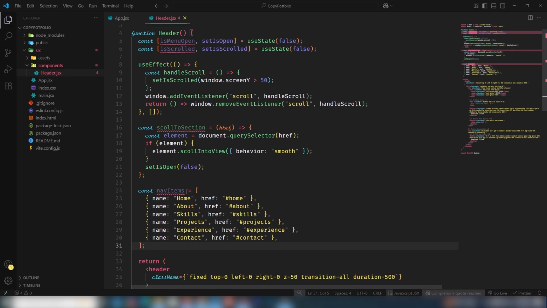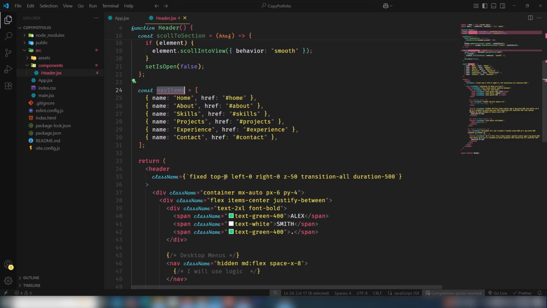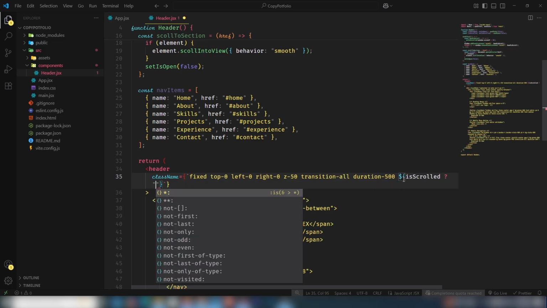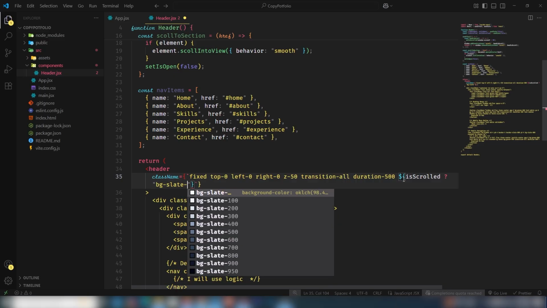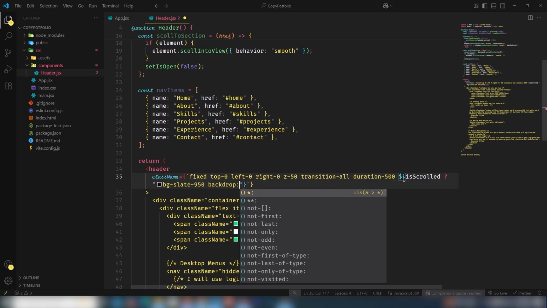The next one is this details element, which is used to display the menus. So I'm going to target that to display the menus. But before displaying the menus, I need to add the validation: conditional rendering on the header section to display the sticky note bar. So in there I'm going to use is scroll is true. Then I need to use bg select and then 50 backdrop